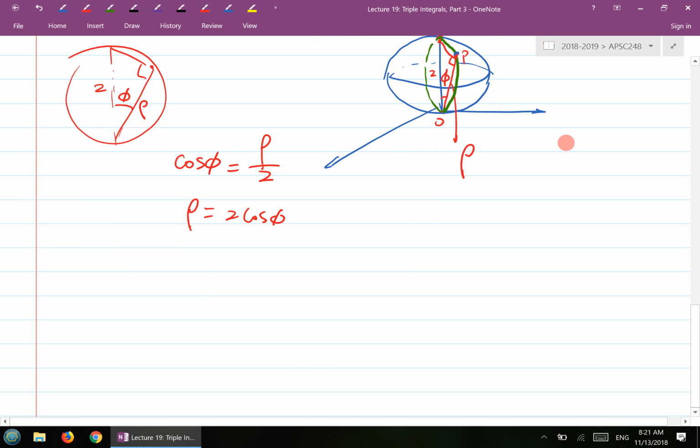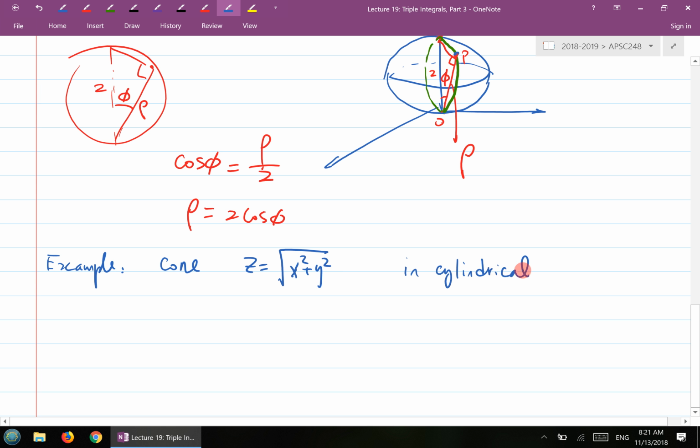Very similarly, you can apply a similar approach to the other types of surface. So for example, if I have a cone z equal to x squared plus y squared. We did this cone last time using cylindrical coordinates. When you have a cone like this, if you describe it using cylindrical,